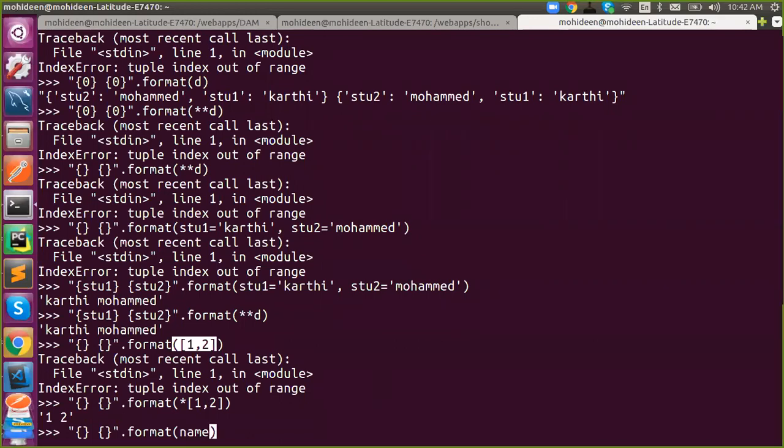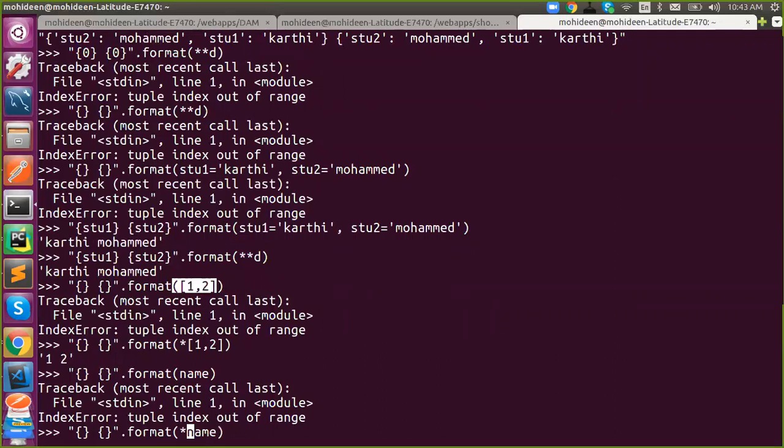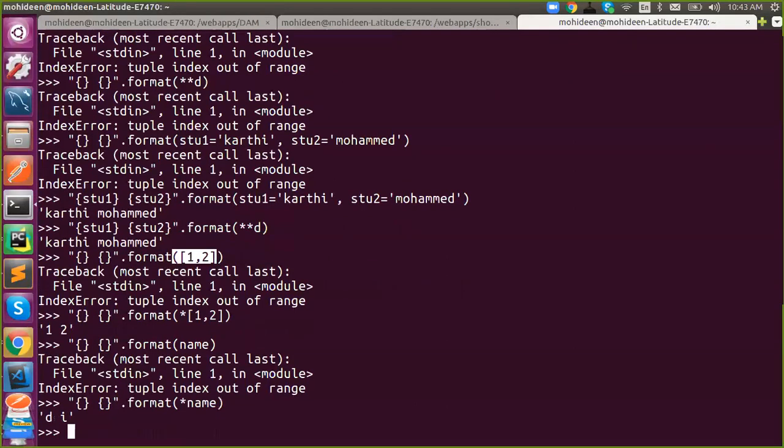If I say name, again, you all know name contains Dinesh, which we used before. What happened? It will say index error. Now, if I unpack, is it possible? Unpacking means each and every character will be assigned into it. So what will happen? D, I, N, E, S, H will be passed into it, and here it will be filled with D and I. We have more things to do. If you want, we can add it.